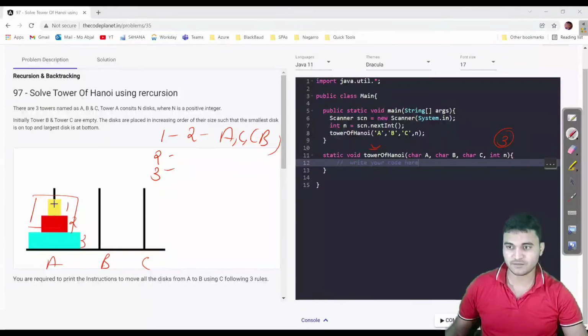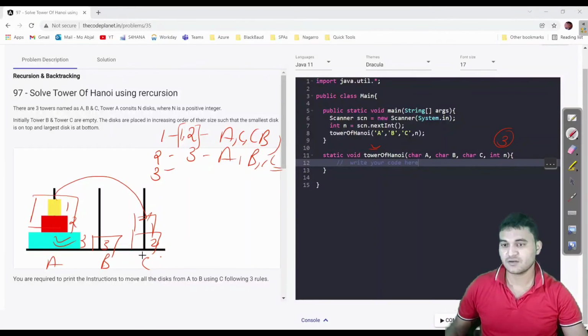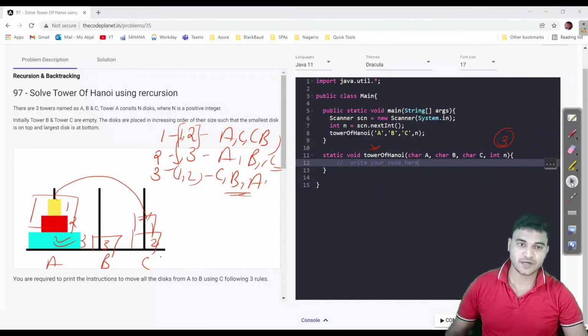So put these two and move them to here like this, 1 and 2, and move this third disk from A to B using C. So A to B, this is the third disk. So the second step is you have to move the third disk from A to B using C. The third step is you have to move these n-1, or 2, disks from C to B again, 1 comma 2, from C to B using A. These three steps I will be writing here.